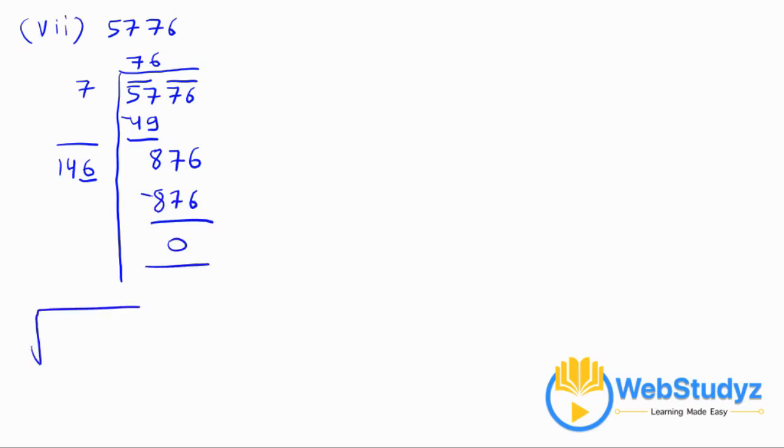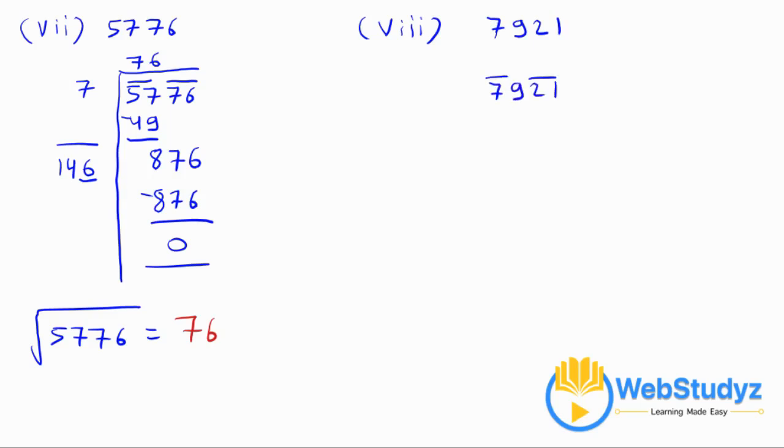So we can say that under root of 5776 will give us 76. Now move on to the eighth one, which is 7921. Now again making pairs and applying the division method, we have 64, which is 8 squared, that is 8 into 8. Subtracting this we get